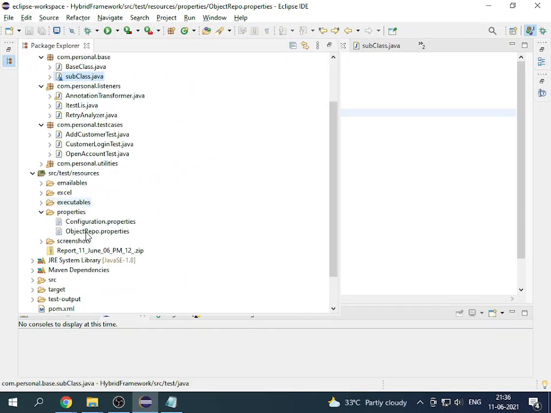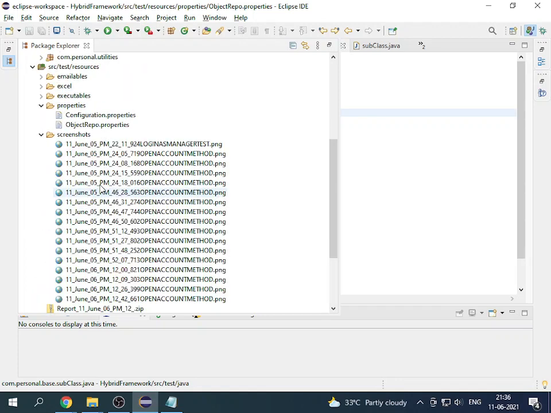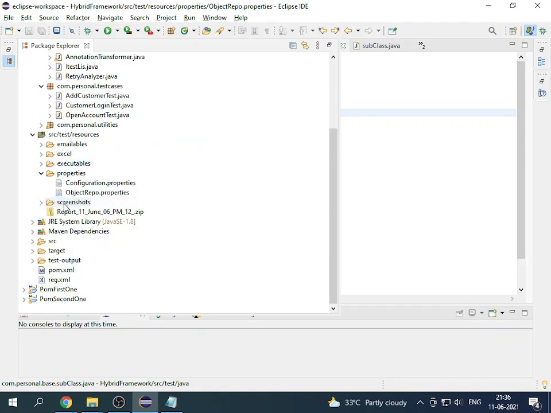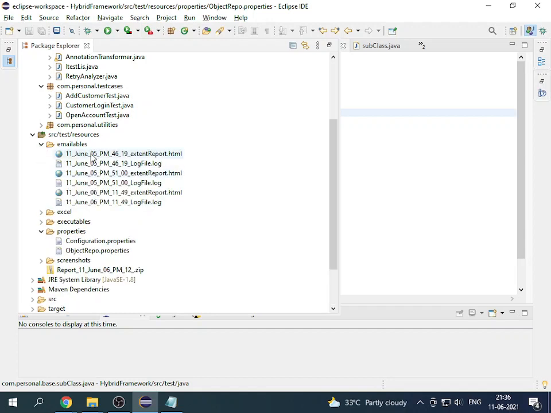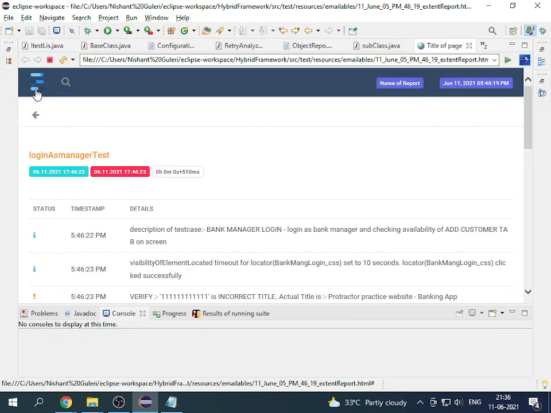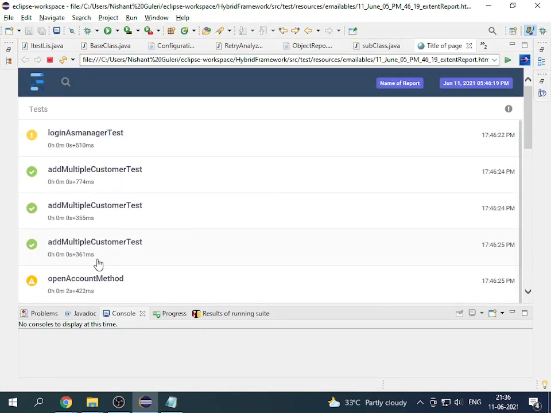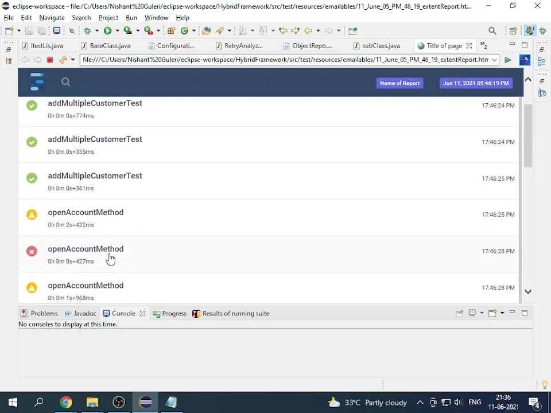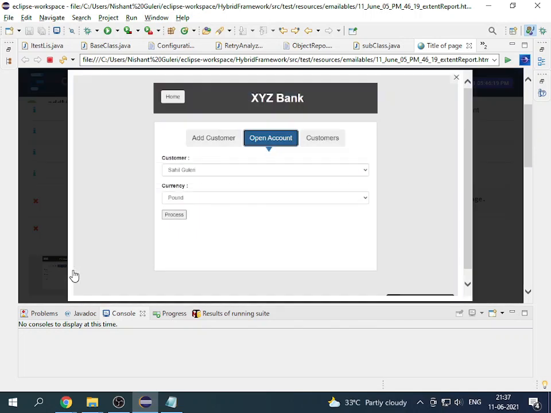Let's see screenshot. I have already told you how screenshots are getting created. They are created over here with the timestamp, and all the relevant screenshots are getting pasted in my extent report. Over here, as you can see,